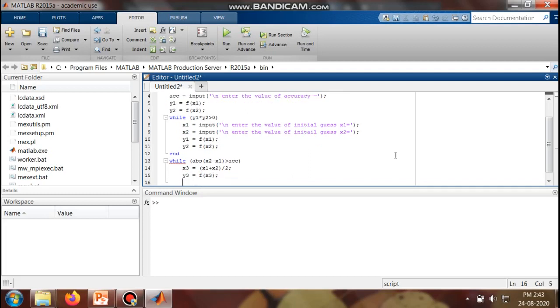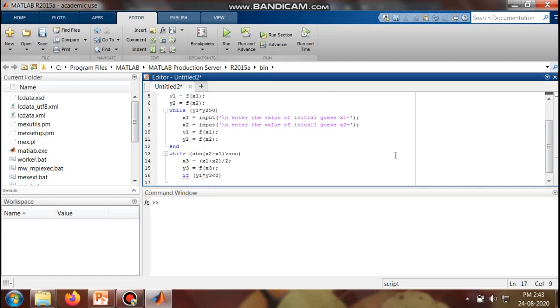Terminate this sentence. Come to next line. Now here we have to use again one more condition, an if else condition, because we have to replace the values of x1 with x3 or x2 with x3. As we know, this condition is nothing but: if the multiplication of y1 and y3 is less than 0, then x2 will be